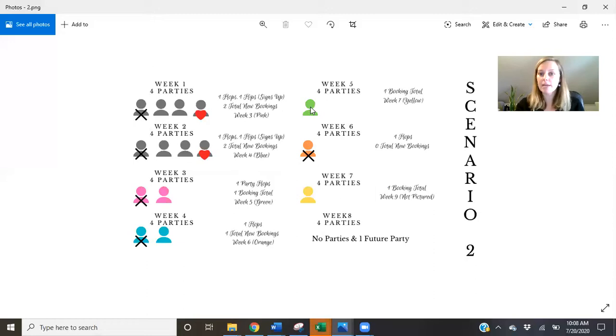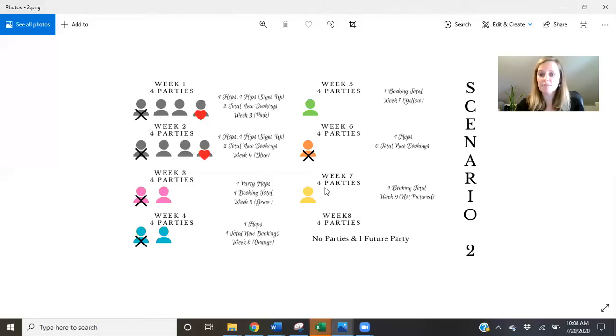So you have 1 party here. It does pretty well. You get a booking off of it. But again, we can't book that immediately for next week because we missed the invite days, and we're already going to be rushed. So we booked it for week 7. Let's say the next week of parties come, and this party flops. All right, so that one doesn't do well. We have 0 bookings.